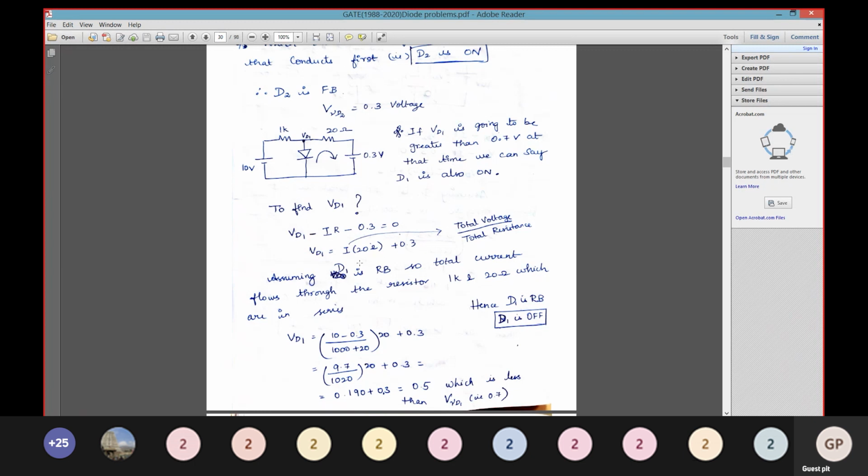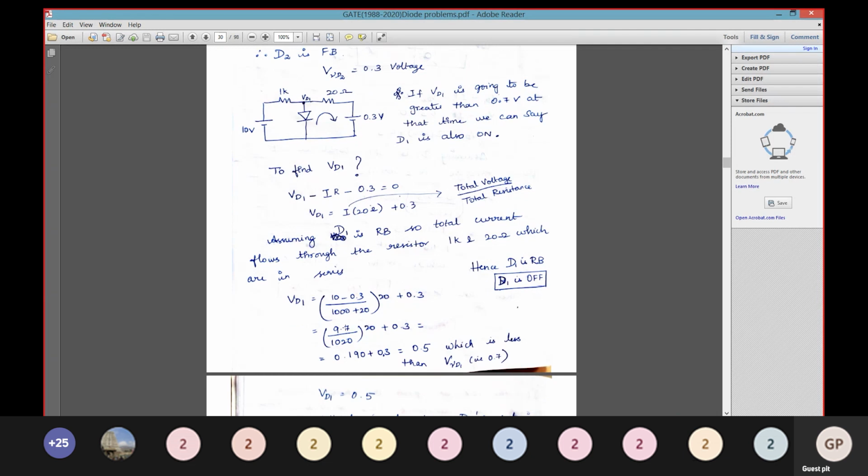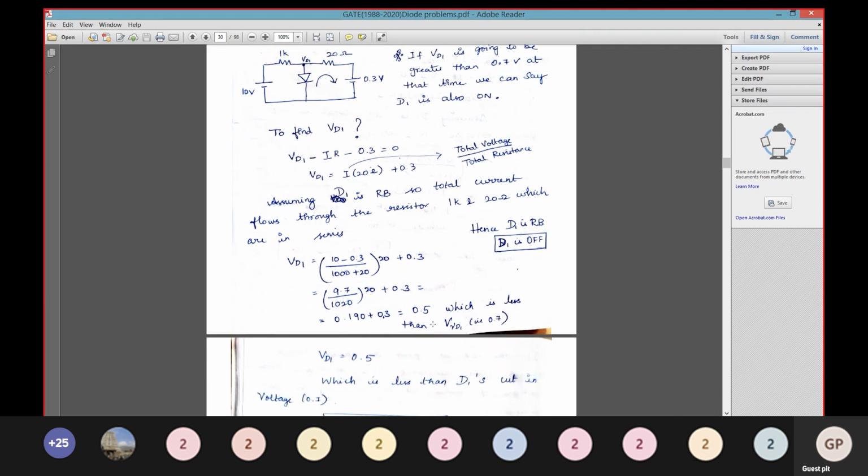How do you find I? As you all know, I is equal to V by R. So what is V here? Here you have 10 volt and here you have 0.3 volt, since we have considered this as open. So 10 volt minus 0.3 volt divided by the total resistance, 1000 plus 20, which is given as 1020. When you simplify it, VD1, which by default has 0.7 cut-in voltage,